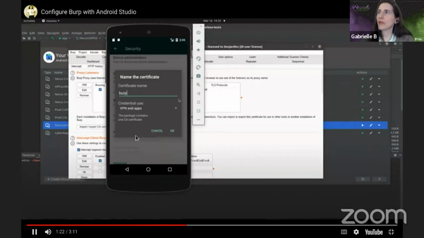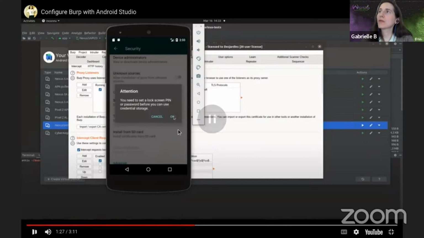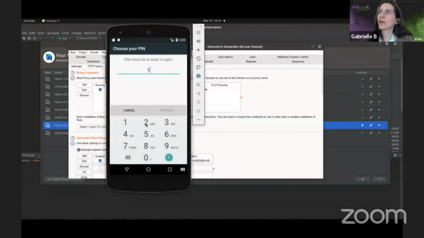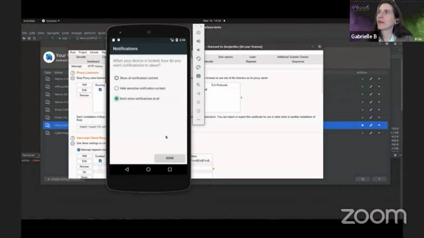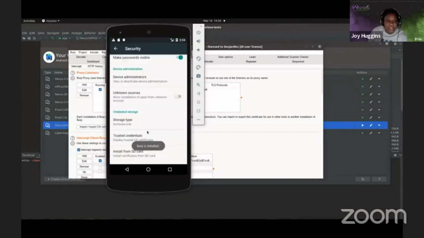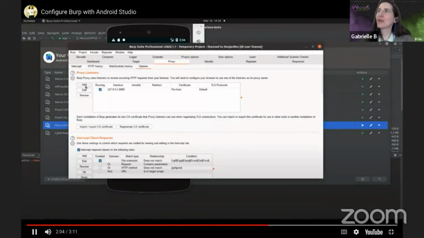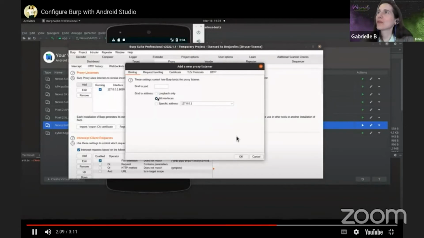You just give it a name, you click OK, but it's going to ask you to set up a lock screen pin, so you just need to do so using a very secure password, as you can see. The best password. And that's it. Burp is installed, and now you have to set up the proxy